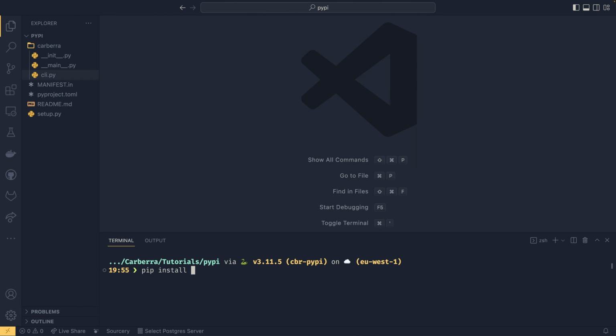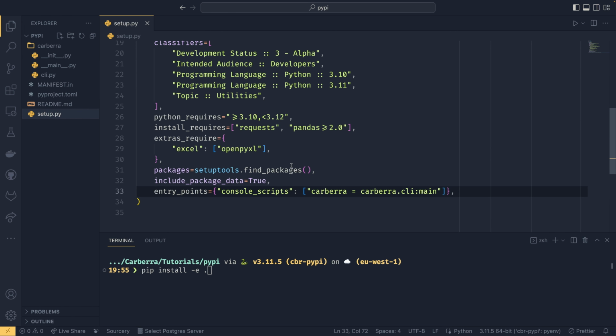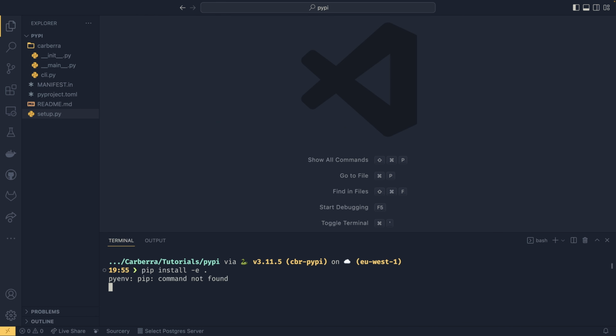We can do that using pip install -e dot, and -e stands for editable. So it installs it kind of in place, I guess. It installs it in such a way that if you make edits to these files, then the pip installed version will react to it. If you just do pip install dot, and then want to make a change to any of these files, when you try to run, say, the Carbura command, it wouldn't actually pick up the changes. So make sure to type -e. And the dot, it's just your local directory. In setup, as you've provided this setuptools find packages, it will automatically find this one for you, because it just knows